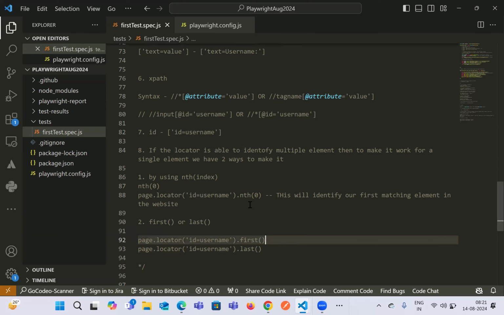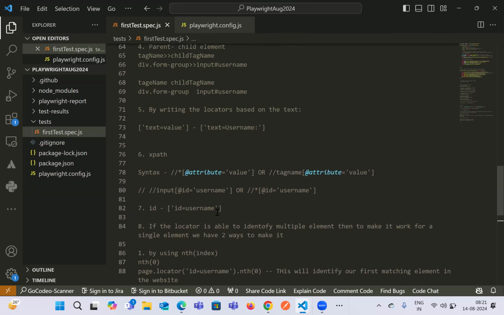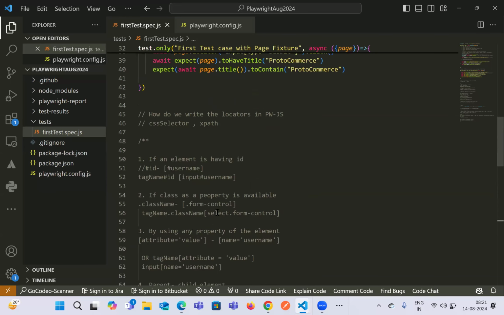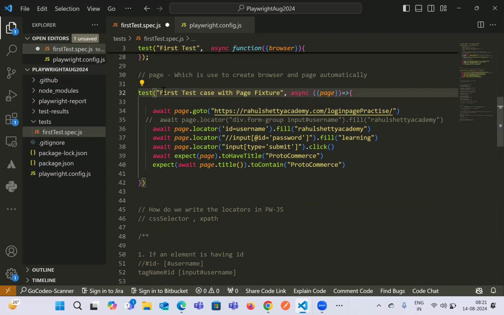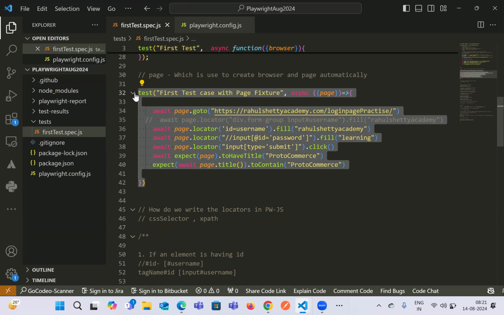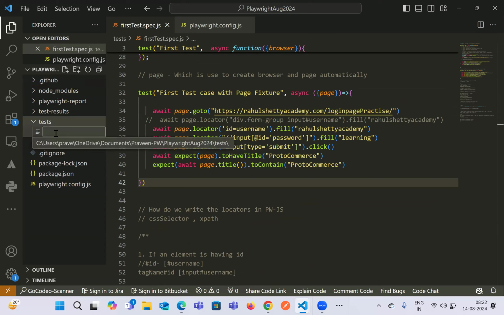Okay, Praveen. Right. So this is how we basically write our locators in terms of Playwright. Now let's look at a few of the things that we will be going through in our session. From today onwards, we'll be starting with writing code in an organized manner. So let's create a new file called UI